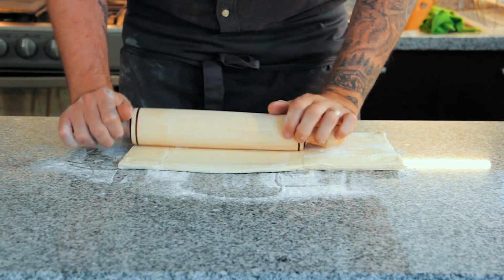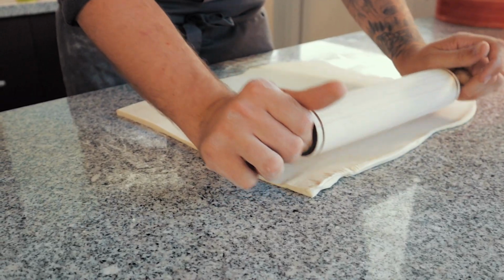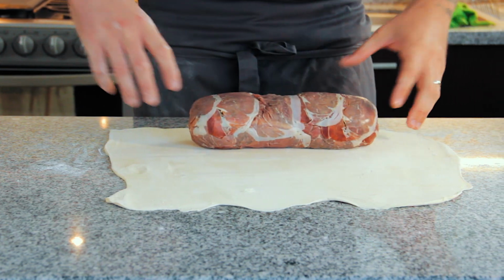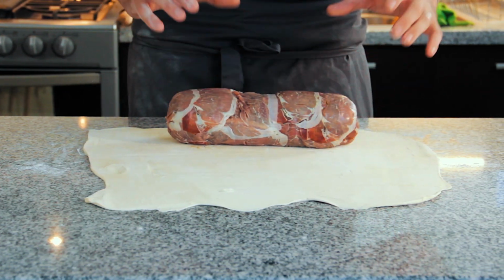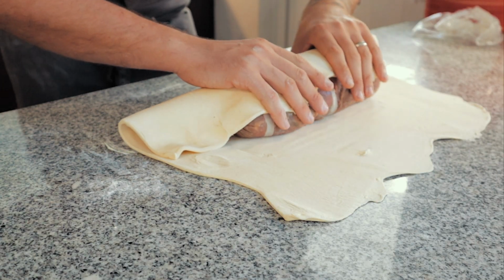After the 30 minutes, flour your work surface very generously and then throw down some puff pastry. Store-bought is fine. If it's good enough for Gordon Ramsay, it's good enough for me. One day I will make my own, and obviously I'll be making a video about that too. And just be rolling it out until the size of the fillet to make sure that it can wrap all the way around. Also make sure you roll it out thin enough so it cooks evenly, and then same thing